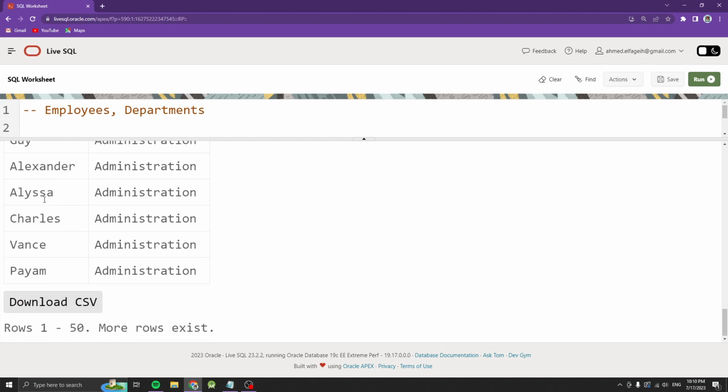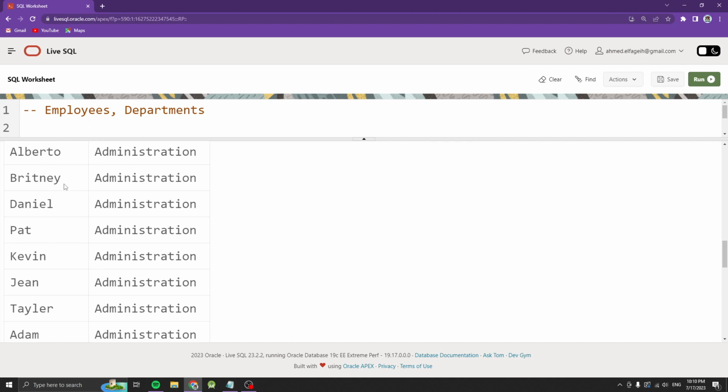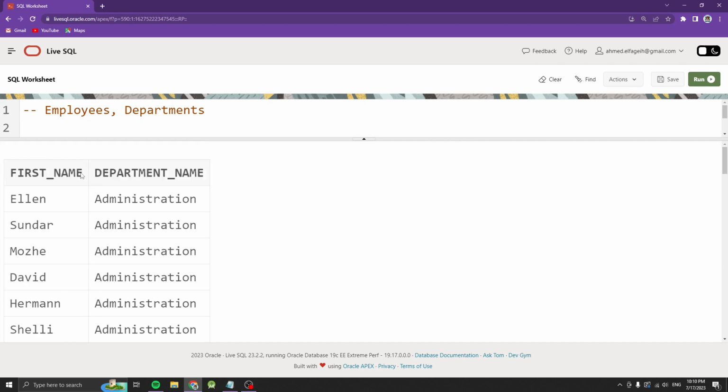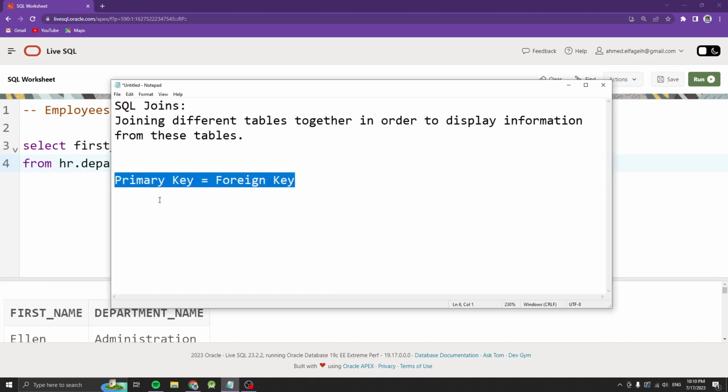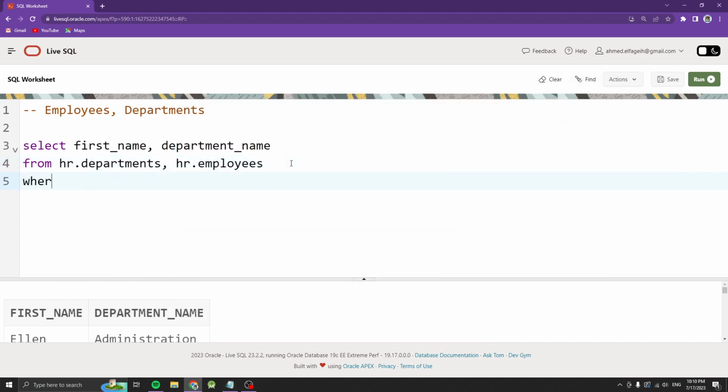Administration, okay? Which is very weird, because this is not supposed to be the true display. Why? Because I didn't apply this right here, where the primary key is equal to the foreign key. So if I want to say where the department ID